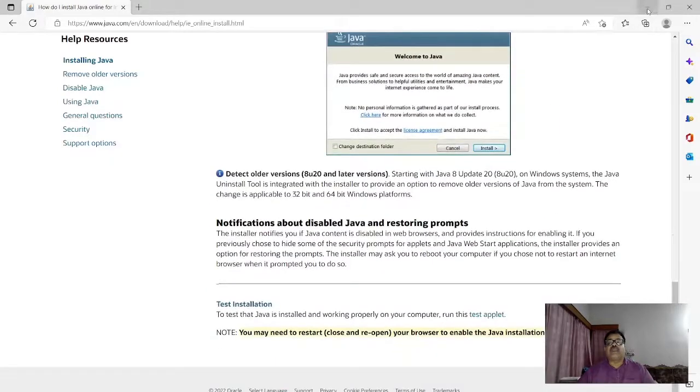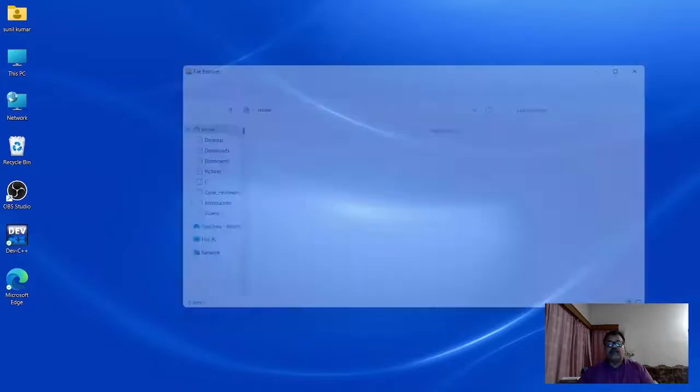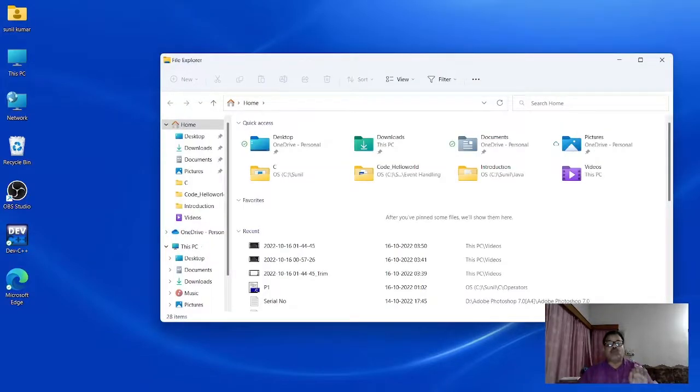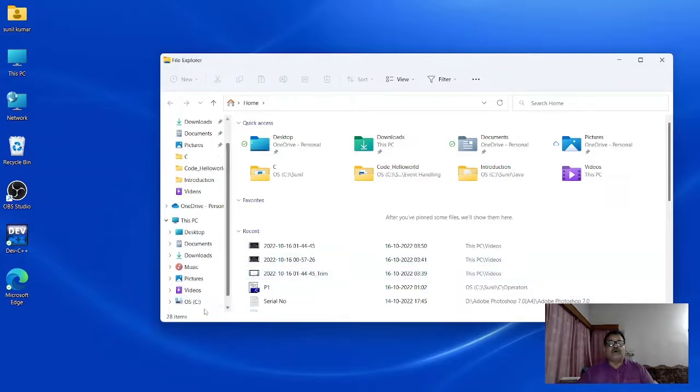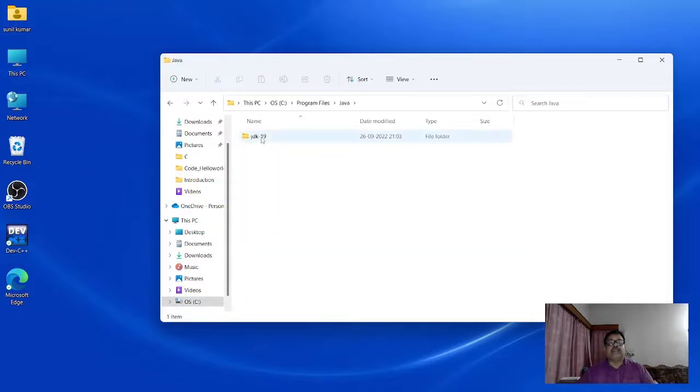After installation, if you want to see where it is installed, and if you have not changed the path, you will find it inside the C drive, in Program Files, then Java, and inside Java your version is there.